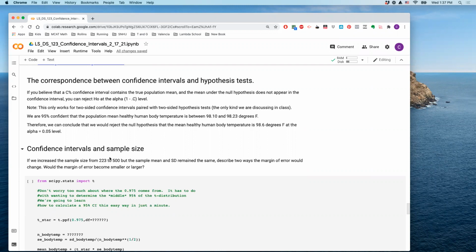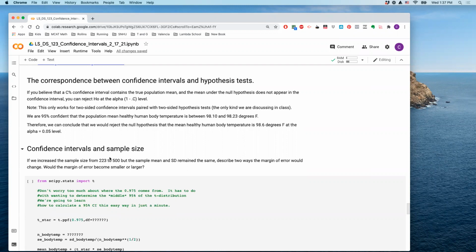This does not work if you don't have a not equal to alternative hypothesis. It is possible to set up a hypothesis test with a greater than or a less than alternative. It's not great practice, but sometimes people do it. In that case, if you have the greater than or less than alternative hypothesis, this whole thing I'm about to talk about does not work. But we're not dealing with any of those situations, and you probably won't ever deal with one of those situations. You'll probably always have a not equal to alternative hypothesis.